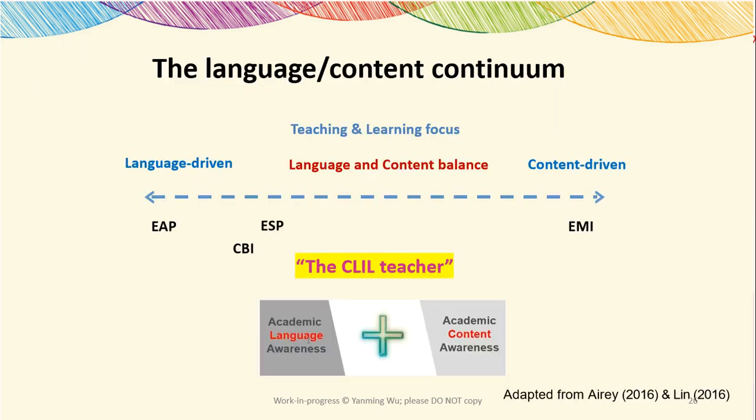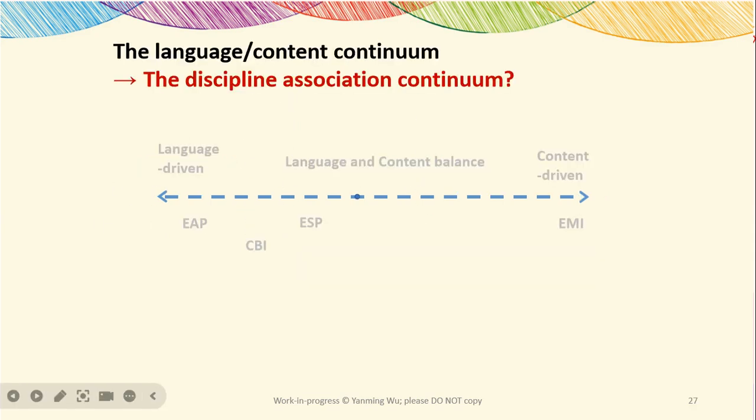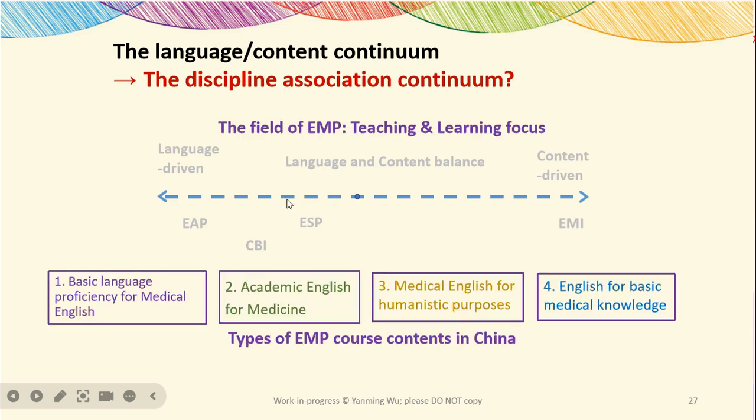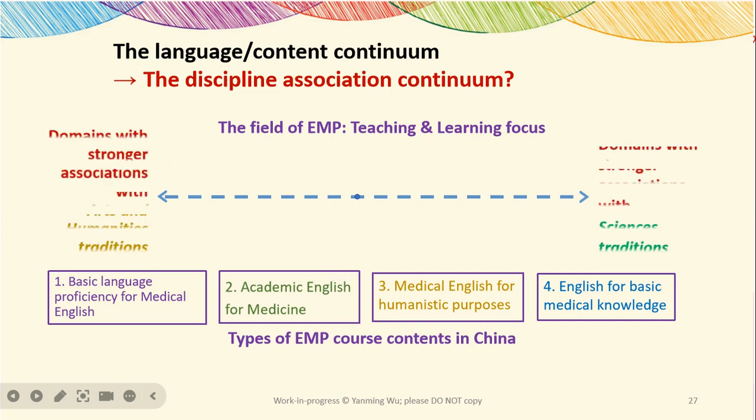The idea is that it will be more helpful not to draw a dichotomy between language and content, but instead to map the types of EMP course contents in China in conceptualization as domains with stronger associations with arts and humanities traditions on the one end, and domains with stronger associations with science traditions on the other. Then we could see,